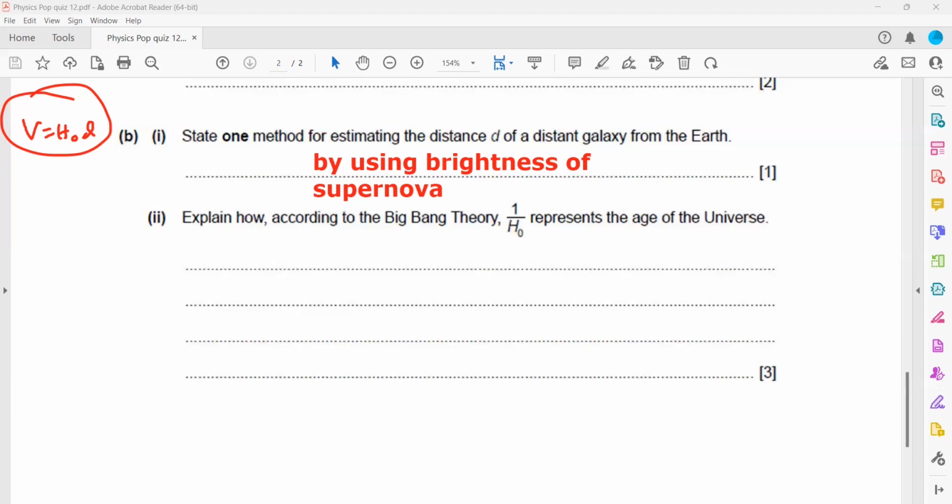So the idea is that according to the Big Bang theory, everything was 1 point in space. And then when everything exploded, the distance a galaxy traveled, how far it traveled, that is d, and the speed at which it is moving is v. So using that, we can work out the time. The idea is that everything was 1 point. Say this was a point, the start of the universe. Then when it exploded,